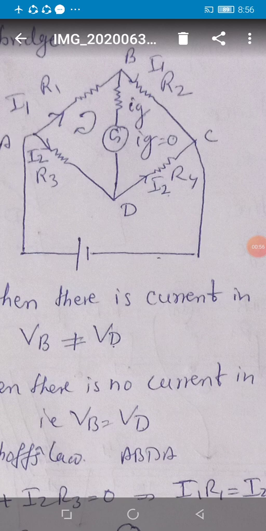and when the current flows through the galvanometer, the bridge is said to be unbalanced. And if the galvanometer current becomes zero, suppose by some arrangement, then the bridge is said to be balanced. So when the bridge becomes balanced, it means Ig, remember students, the galvanometer current becomes zero. That time if I apply Kirchhoff's law, so I have shown it here,